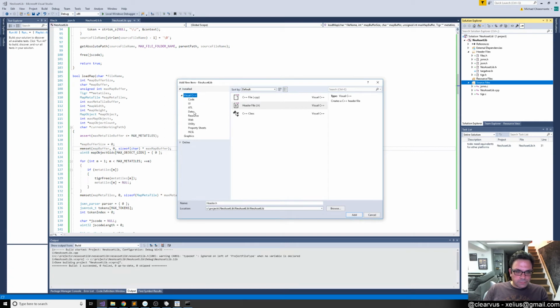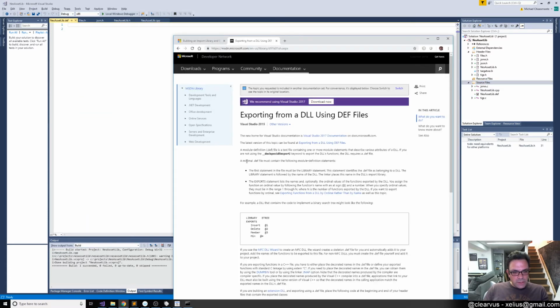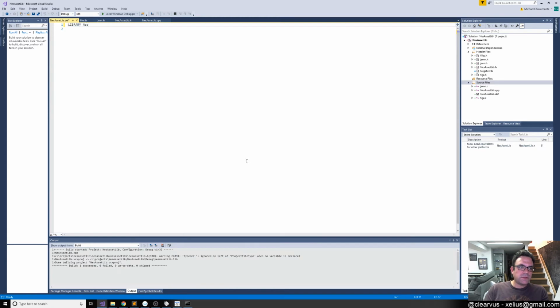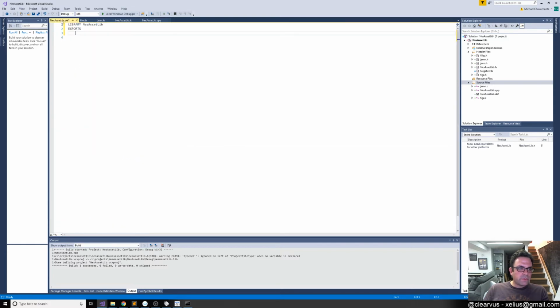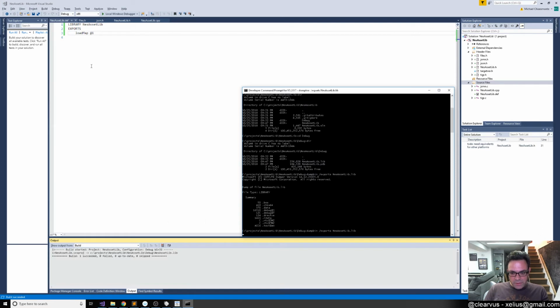Okay. I don't know if this is going to be in here or if I just create a dummy file and rename it. Oh, there is. Okay. Let's call it NES asset lib.def. And so you say library NES asset lib exports. And then you can put in your list of exports. So if we want to say load map is one of our exports, we can say load map at 1, and then we build it, and when we run this,